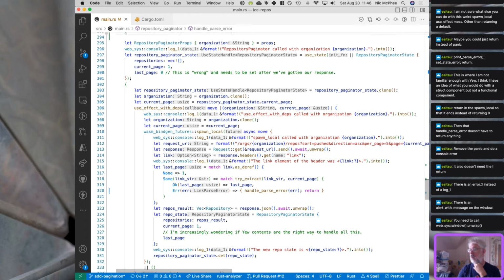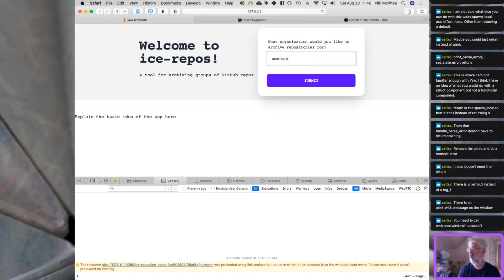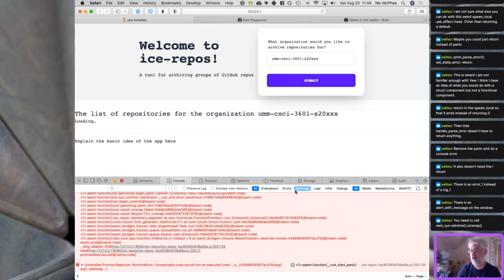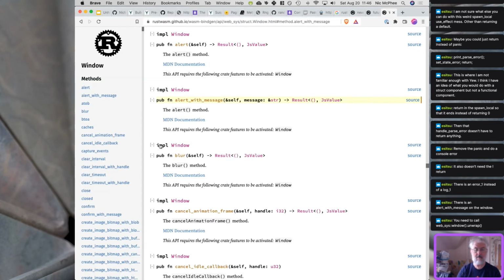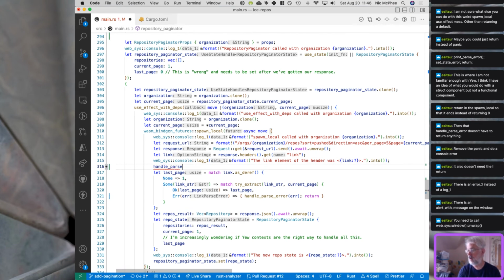And now that may work. We need to find out if it works. Let's first confirm that we don't see that when things are good. Now I think that'll be a whole different error. Yeah, that's in a different part of the world, so that's not relevant. So let's force that to happen by saying handle parse error, link parse error, boom,